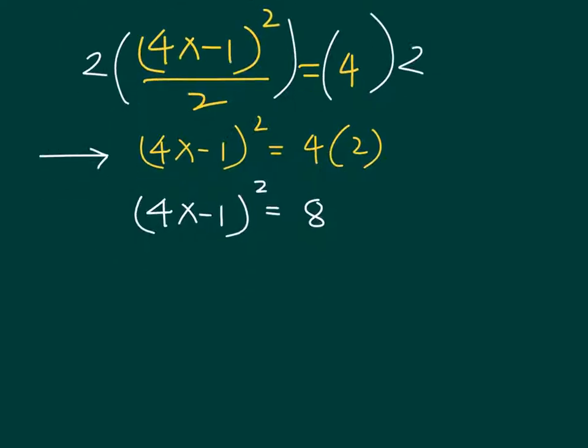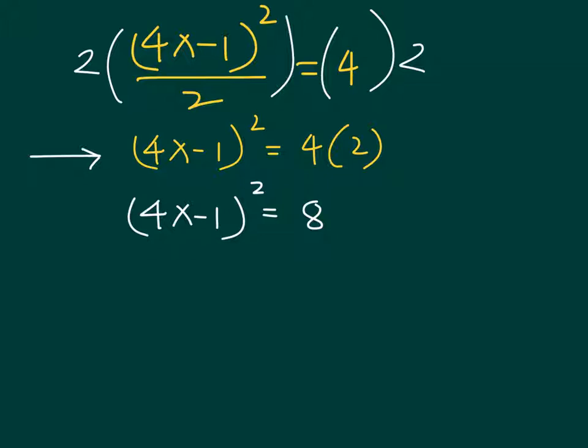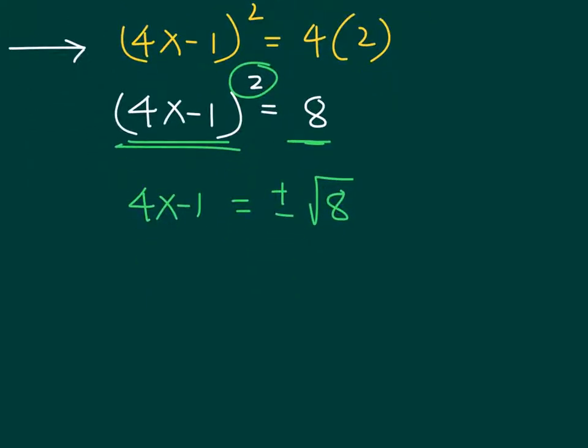Okay, so from here, you should know that whenever there's a square and you want to find the x, your x is within a square. Again, you can expand this expression, but we will try to avoid the expanding because the other side is just a number. So 4x minus 1 could be plus or minus the square root of 8. When there's a square on this side and you want to eliminate the square, what you need to do is to take the square root of both sides. And that will give you a positive and a negative square root of 8. And then from here, you have 4x